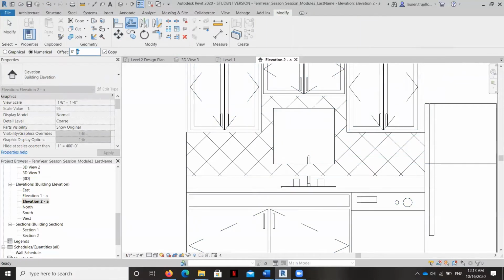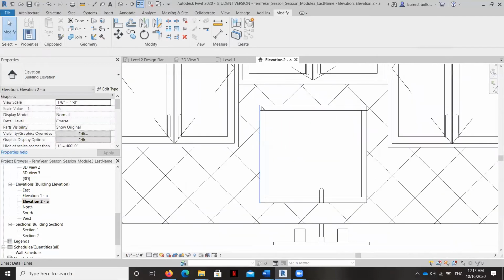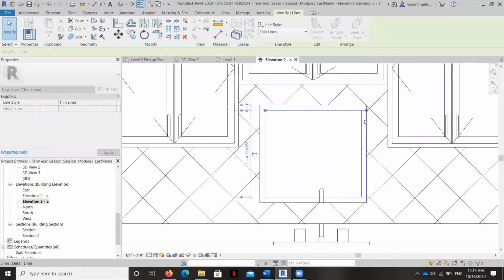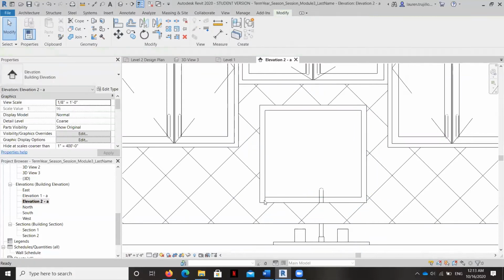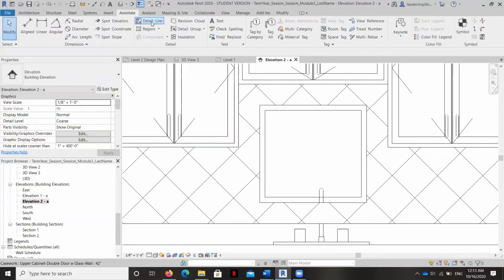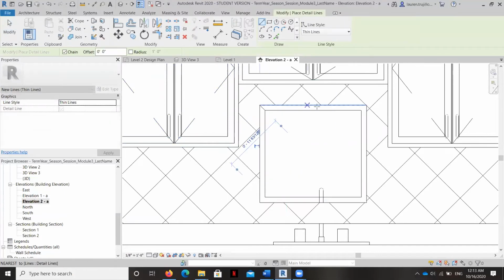We're going to offset, those are usually about 1 inch. And they're mitered in the corners, like a picture frame.